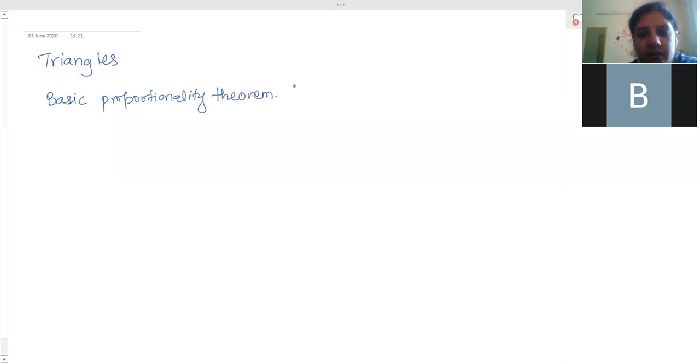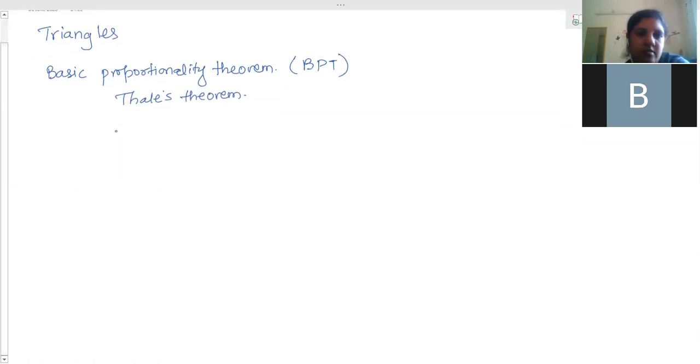Basic proportionality theorem. In short, you can also write it as BPT, or it is also called Thales theorem. Now what does it tell us? In a triangle, it's very easy. Let's understand the wording properly. In a triangle, a line joining